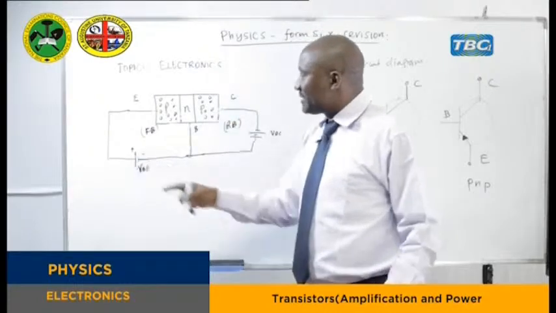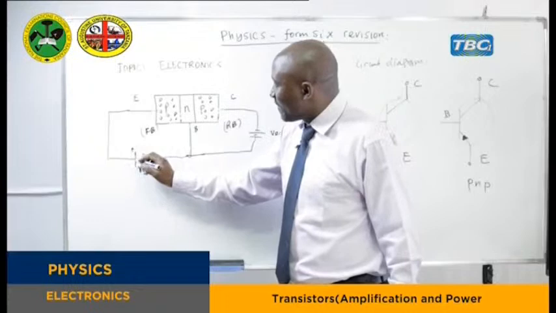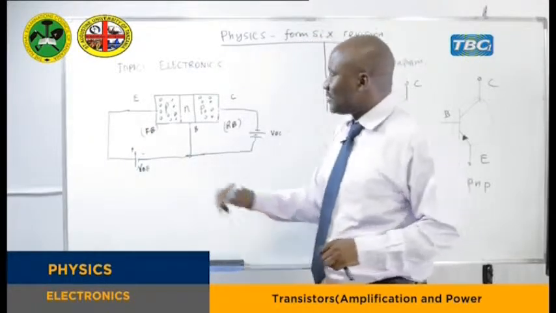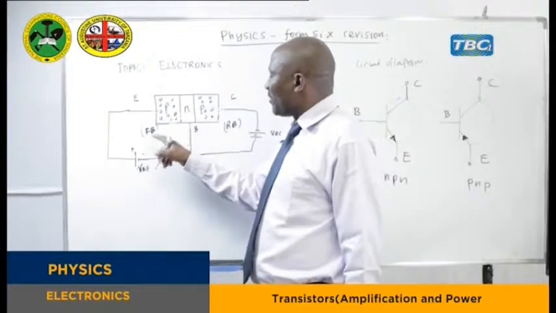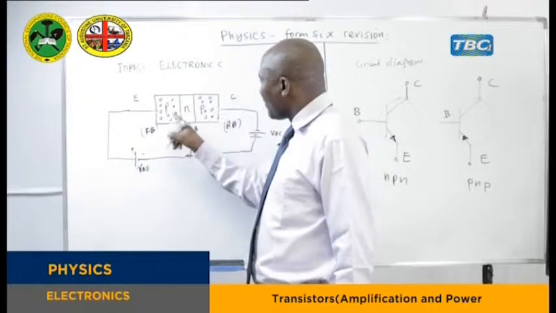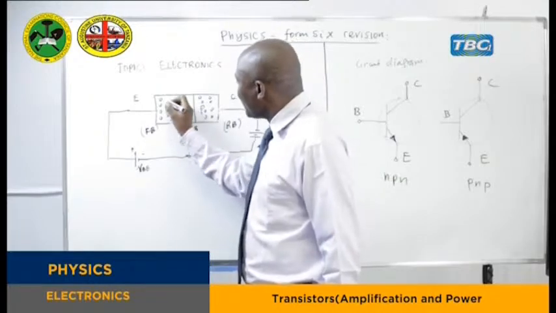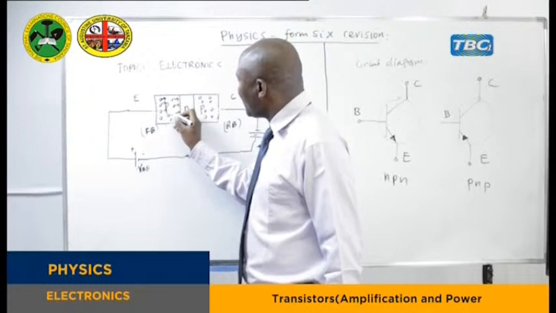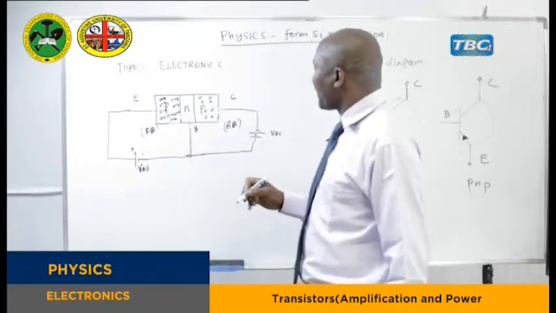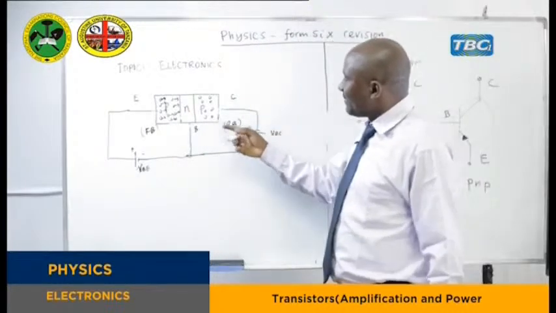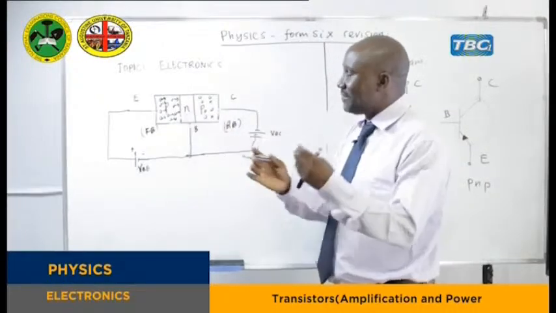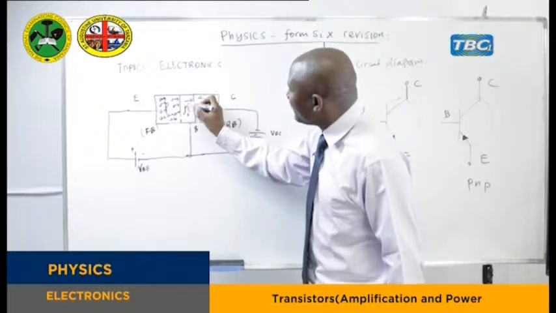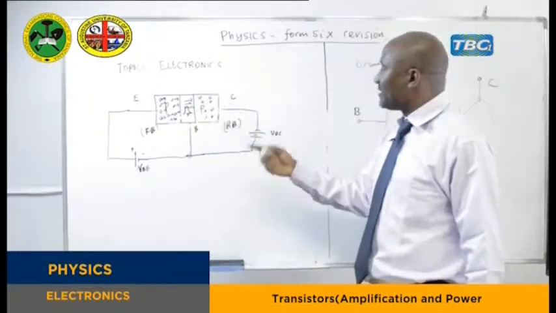So when you connect to the power supply, this positive here, because we know it's positive and this is P, we have a repulsion. So most of the electrons, all of the holes, will be pushed across the base. So there is a movement of the holes like that. The holes will be forced to move like that. As a result, on the other side, very few will be combining here because the base is thin. Very few will be combining here, and most of them will be forced to cross that junction,